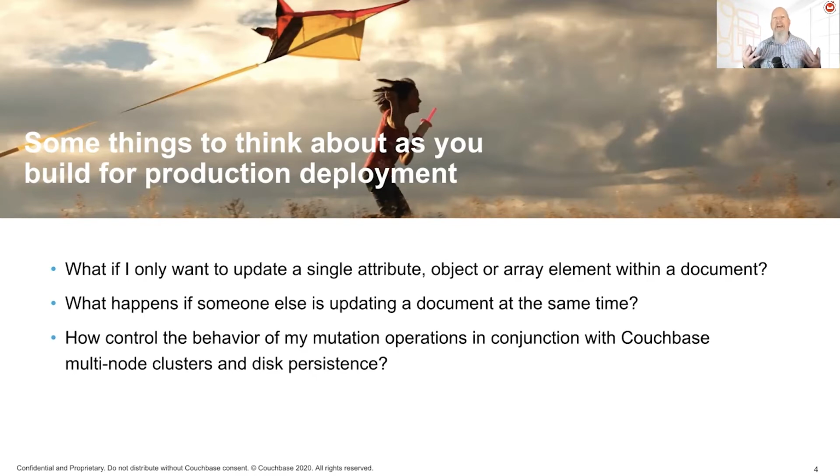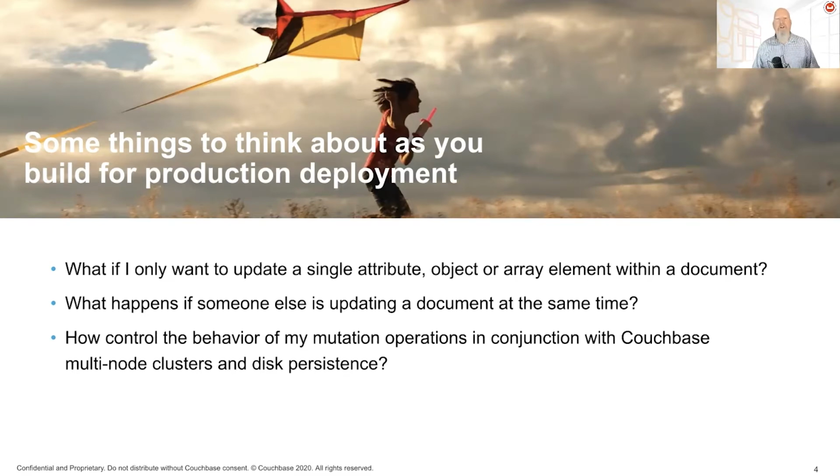How do we factor that in and potentially change the way in which we perform mutation operations, keeping in mind the fact that these things exist and how we might want to take advantage of or take more control of the storage process that's related to performing a mutation. So we'll conclude this session with a little bit of a discussion of how we can do that